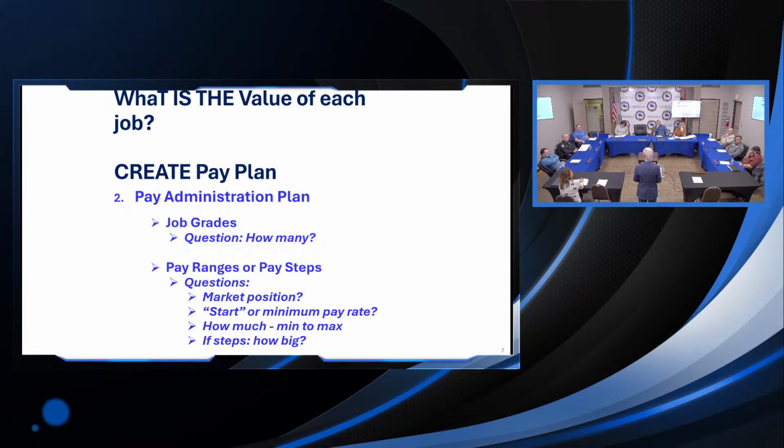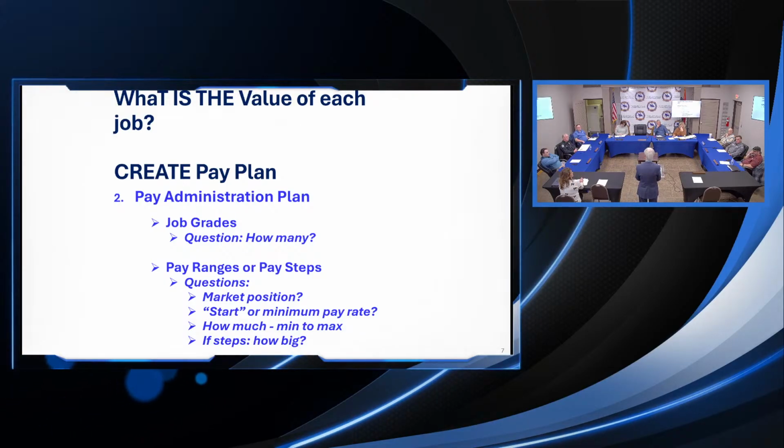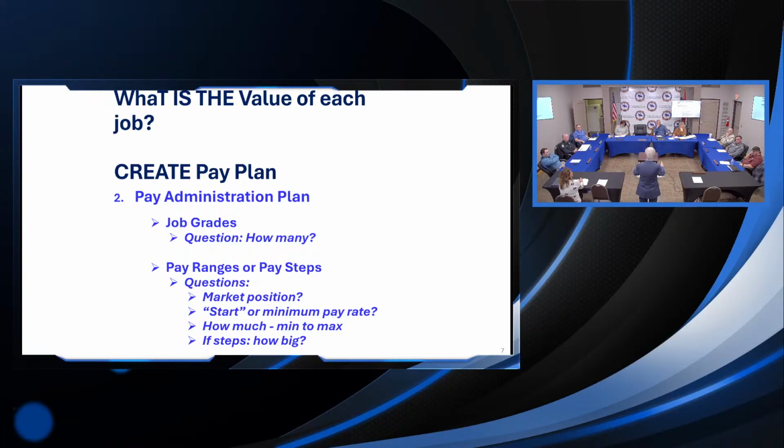In some ways, you could view the steps as being a commitment. We're going to fund these, and it's in black and white. So you all would take a look at that and say, okay, I guess we better do this. So there's an element of commitment there. Of course, you don't have to do that. Affordability is a big question, and if you can't afford to do the steps, you don't. But employees are sometimes more comfortable with steps. Here's the plan. Here's where I'm supposed to be at year 10. They're more comfortable with that than with just open ranges where you can do whatever you want, according to the employee. But anyway, steps or ranges, we work with both.